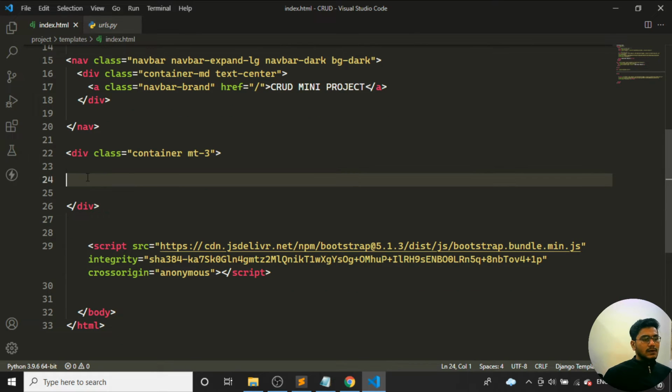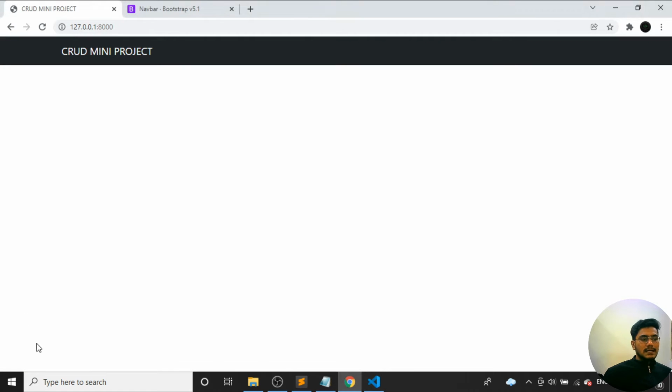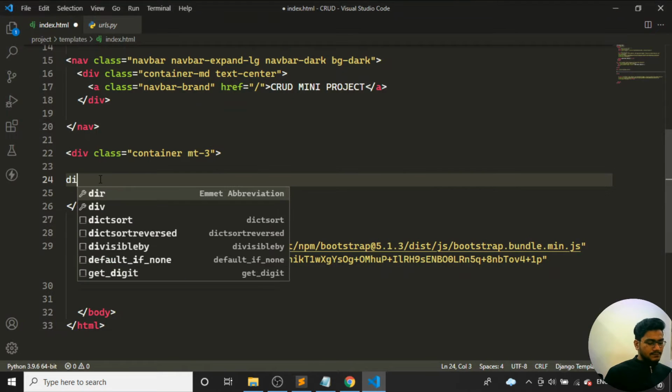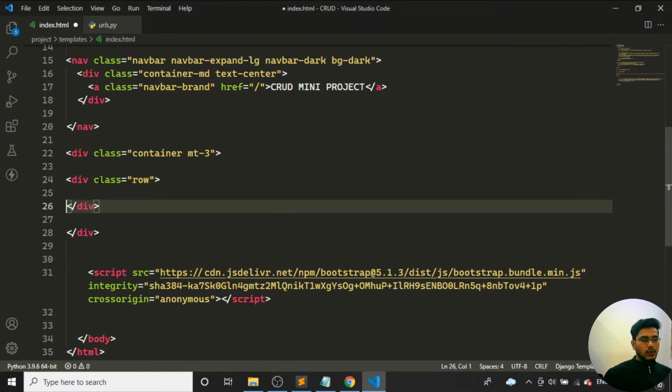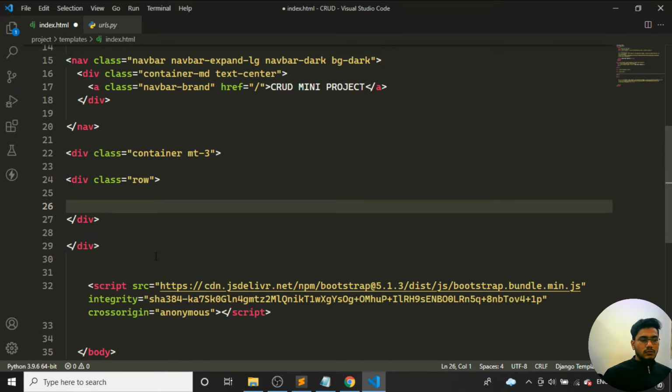Inside the container, I can divide the screen into 2 columns. Here I'll take the particular operation. Whatever update, I'll create one form, and whatever data I create should show in the same page, like all the operations should show. So I'll type div.row and create one row. In Bootstrap, one row is divided into 12 columns. 4 columns I'll keep to enter the particular details, and the rest I'll keep to display the particular data. That will be cool, right?